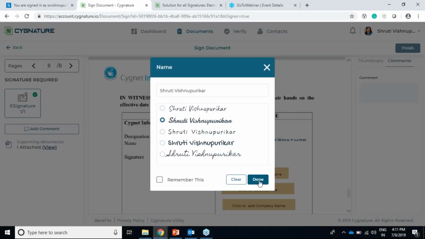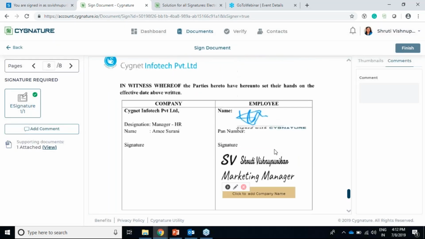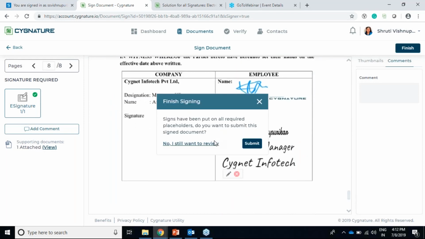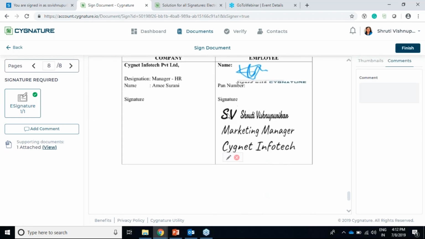My name, job title, company name, done. So this is how it looks when you want to sign with everything, when you have all the additional fields: initials, your name, your position, your company name, and everything. So this is how it looks when you sign with this, and I'll finish it.